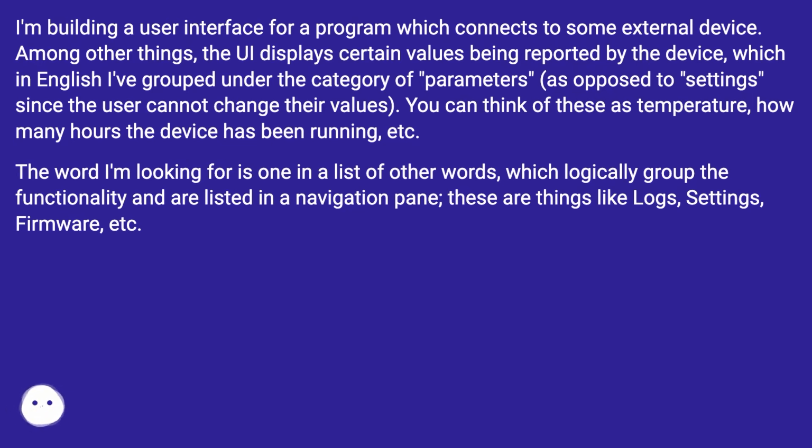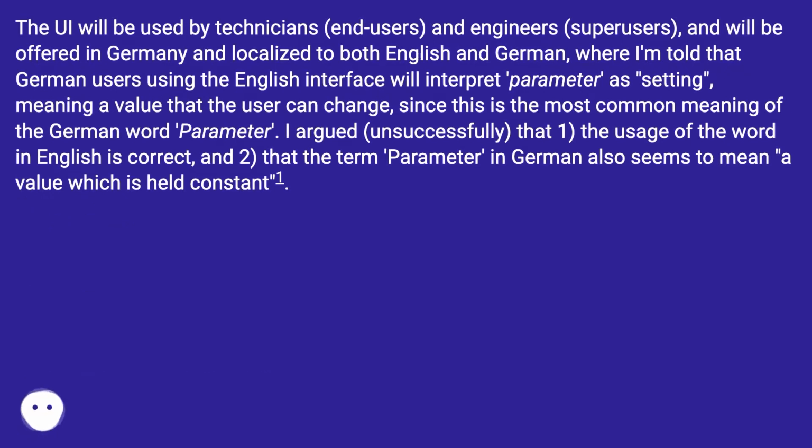The word I'm looking for is one in a list of other words, which logically group the functionality and are listed in a navigation pane. These are things like logs, settings, firmware, etc. The UI will be used by technicians, end users, and engineers, super users, and will be offered in Germany and localized to both English and German, where I'm told that German users using the English interface will interpret parameter as